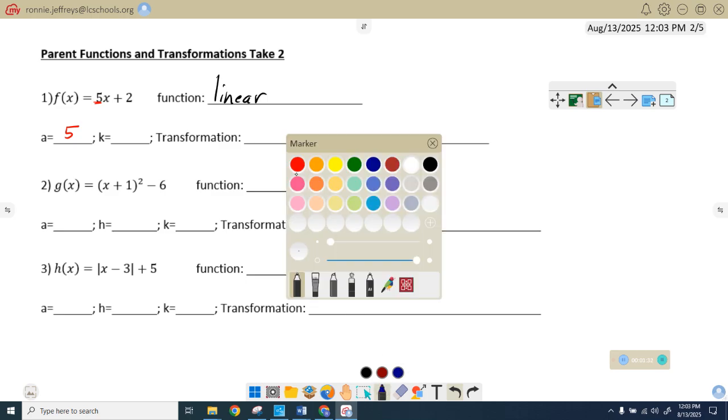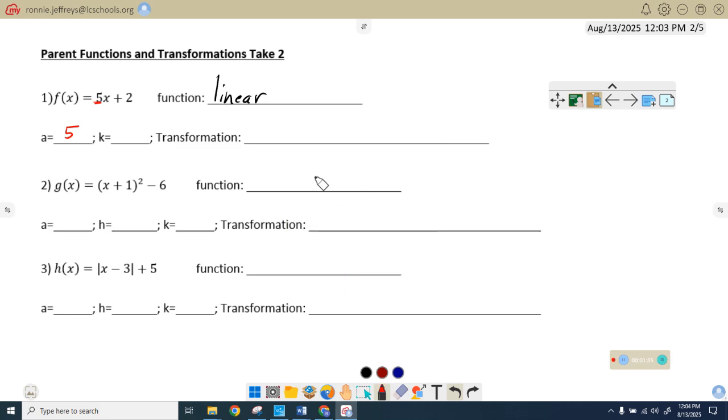And we're going to go ahead and do our A transformation right now because I want to use the same color. Our A is greater than 1, so this means we have a stretch of 5. Now, some of this won't make a lot of sense right now. It will soon. But all I need you to do is just understand it's a stretch of 5. So if it's like number 6, it'd be stretch 6. Exactly. So if it's a letter,